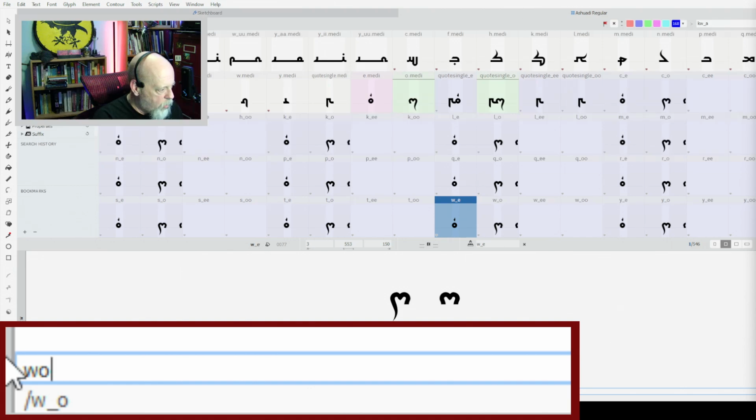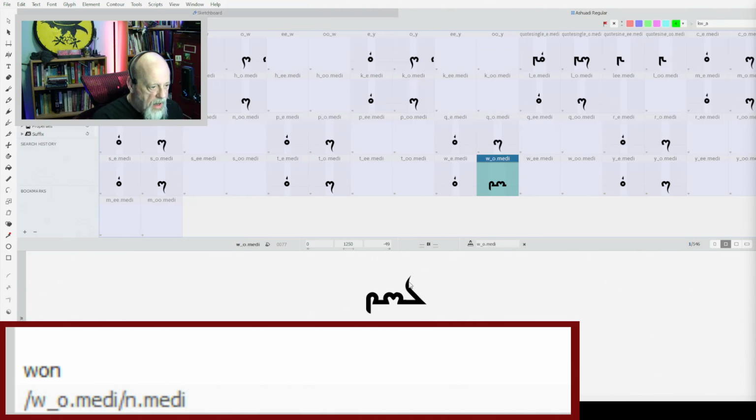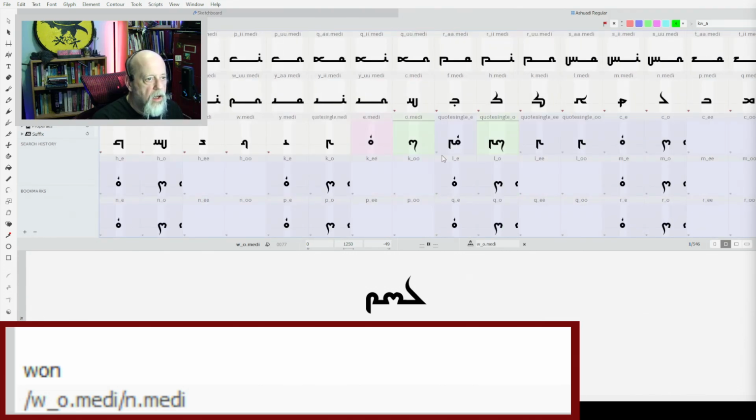If I type in W-O-N, it makes the symbol for W-O that I just created down here, and the final version of the N, which is right here, and medial. So it draws the first glyph, marked as WO down here, and then there's a bit that sticks out, and that overlaps where the next glyph is drawn, and that's the N is drawn here, and it looks like a solid shape.